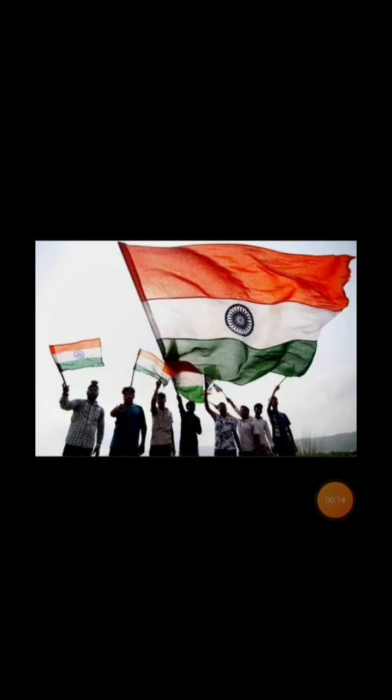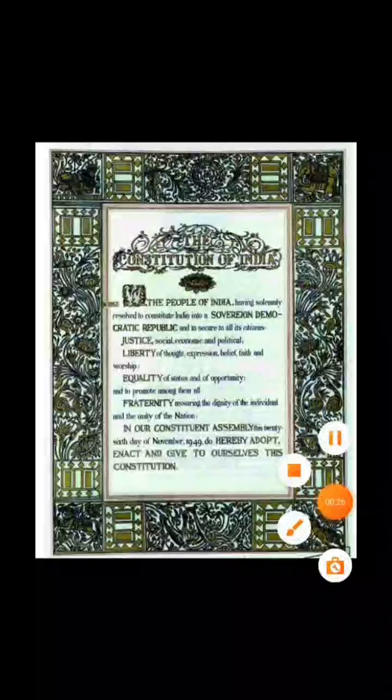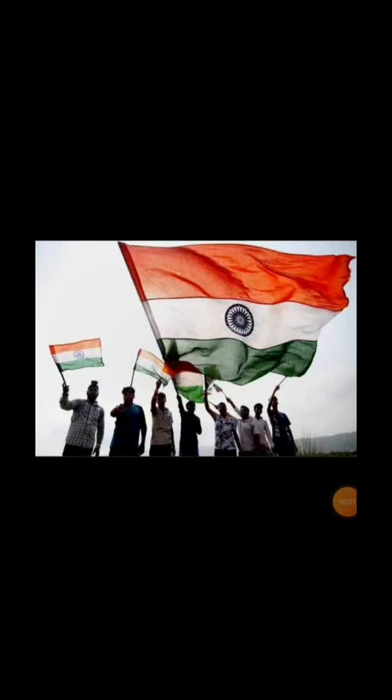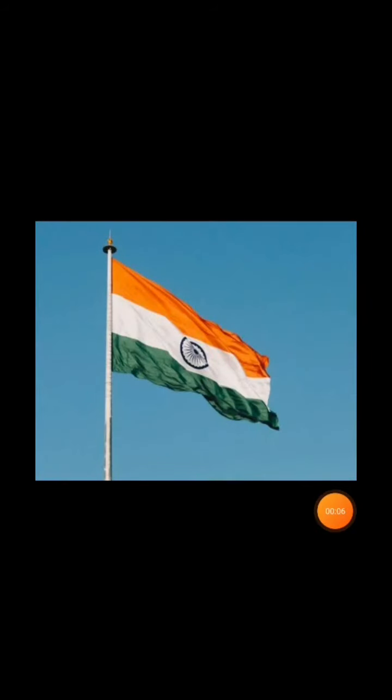Eradication means remove. The task of nation building had to be undertaken for this. New policies had to be drawn up and their implementation had to be undertaken. The goal of people's welfare had to be achieved. In short, India had to be transformed into a developed and progressive nation.